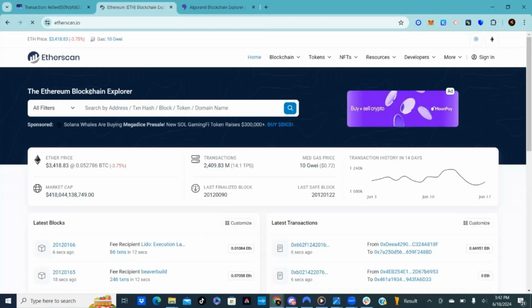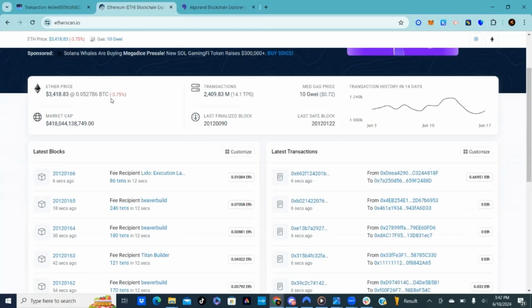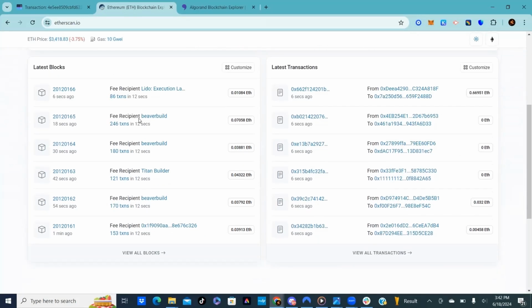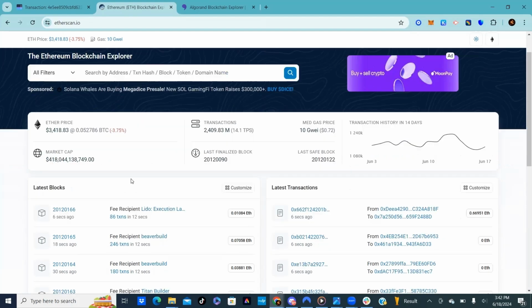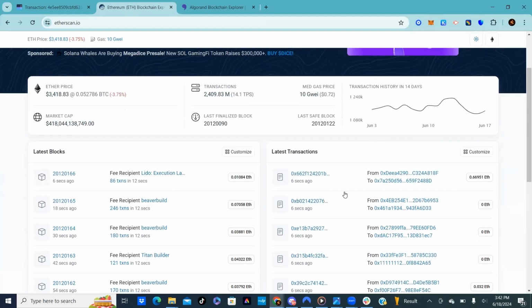The Ethereum virtual machine, which a lot of other chains were built on, like Avalanche, Binance, Chronos, you'll see that in their transaction flow, the latest blocks here, latest transactions. So let's look at a block now. Let's look at block number